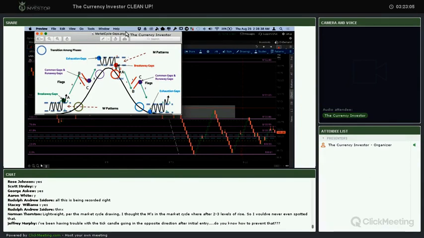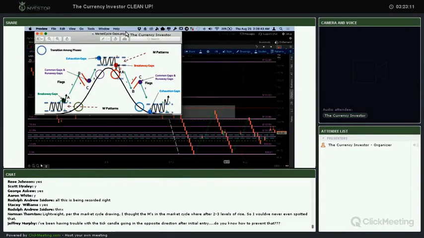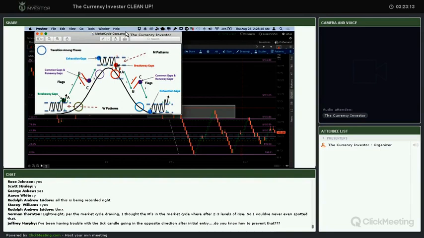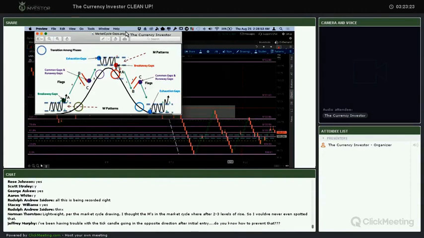There it goes, comes from demand, pullback, supply, goes down, drop, pullback, which is right here. Drop back down to, so when we look at Jeffrey Murphy's question,